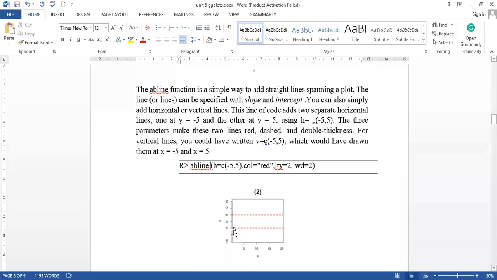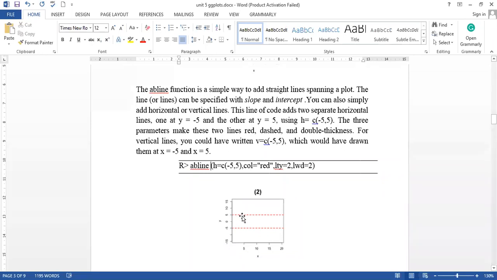So it will draw horizontal lines at minus 5 and 5. The color is given as red. Line type is 2. If you have not given the line type, it will just draw a straight line, and line type 2 is a dashed line. And line width is 2, so the line is a bit thick.